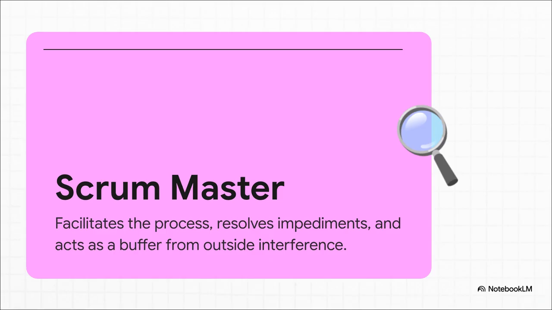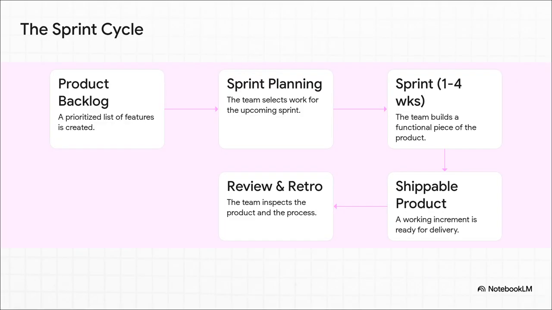focus on building. So these three roles all work together in a rhythm called a sprint. It's a short, time-boxed cycle, usually between 1 and 4 weeks long. The team pulls the top priorities from a master list, plans how to build them, and then gets to work. At the end, they have a real, working piece of the product to show for it. Then they review their work, reflect on their process, and do it all over again, getting a little better each